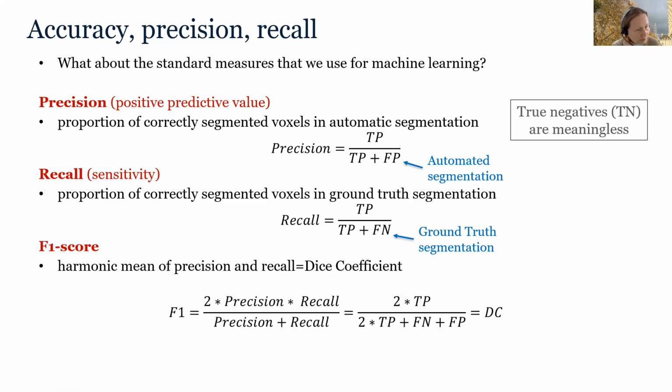And then we often like to calculate the composite score of precision and recall, which is the harmonic mean of these two measures. And that can be expressed as 2 times precision times recall divided by precision plus recall. And when we do the maths, we will find out that this is actually exactly the Dice coefficient. So true positives, that's the intersection, and it was 2 times the number of voxels in the intersection. And